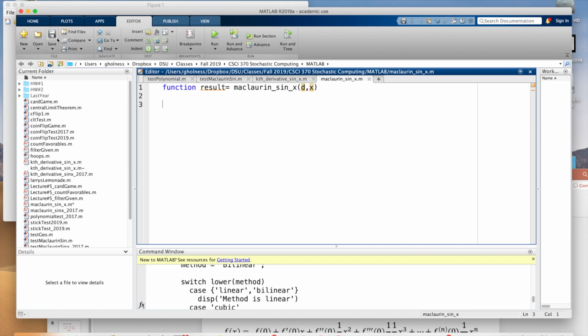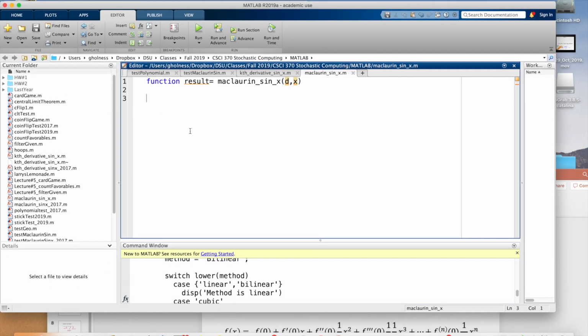So now I'm going to loop, and in that loop, I'm going to compute a partial sum. So partial sum started out as 0, and then I'm going to loop for I goes from 0, increment by 1, up to D, because that's the order of the polynomial, and I'm going to end that for loop. Okay, so what am I going to do in each iteration of this for loop? Each iteration of this for loop corresponds to one term.